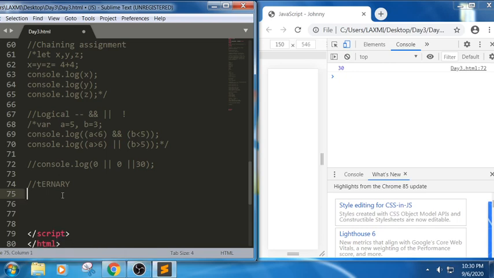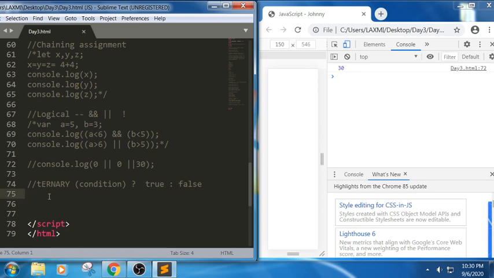The syntax would be like this. If the condition is true, if the first condition is true, these statements will be executed. If it is false, the next part will be executed based upon this condition. It is similar to the conditional statements. Like if the condition is true, it will execute this, or else this one. Let me write an example.